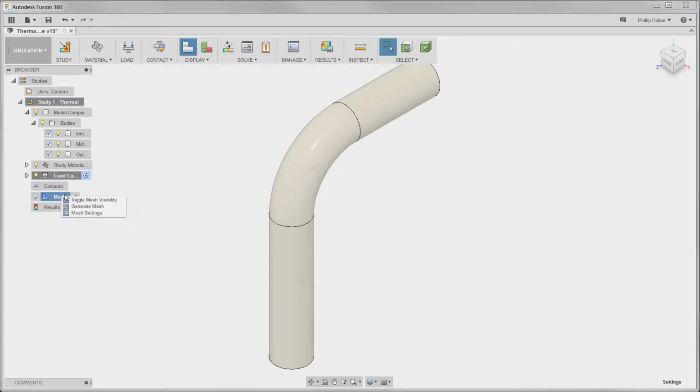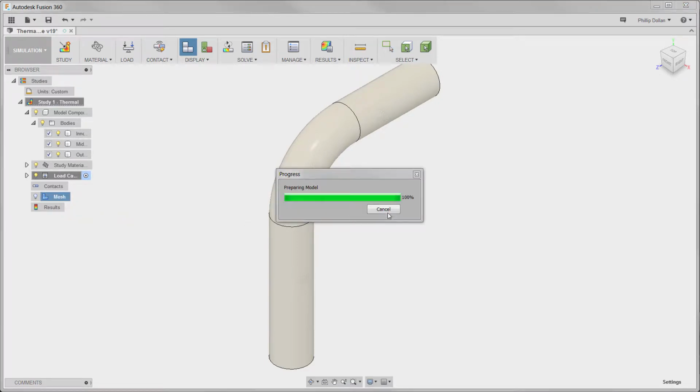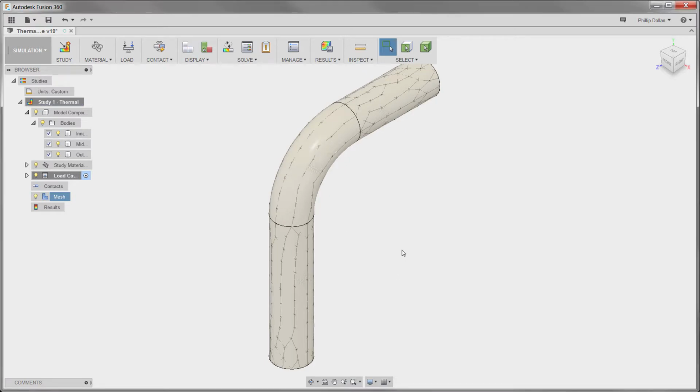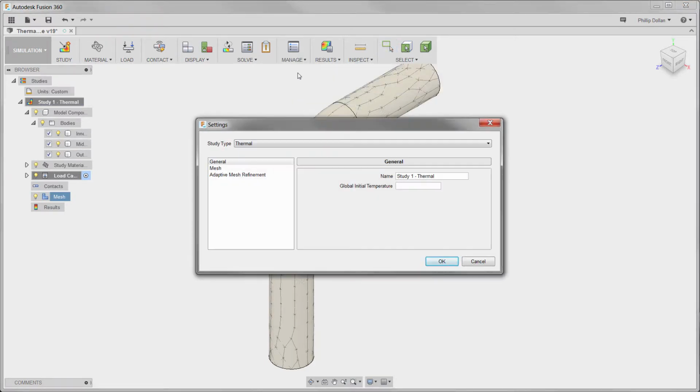Right-click on Mesh and generate the mesh. Once the mesh is generated, we'll review that to see if the size of the mesh is acceptable. Click on Cancel, and it's not, so we're going to have to Manage, Settings, and in Settings select Mesh, and